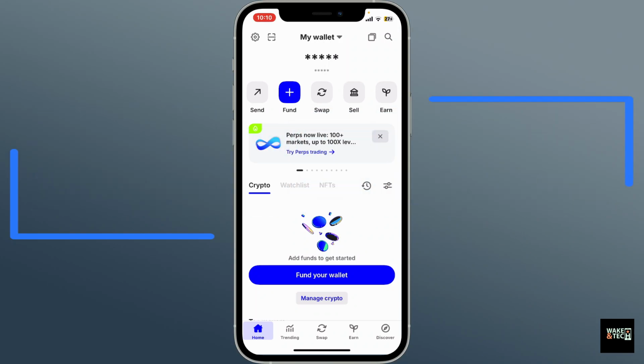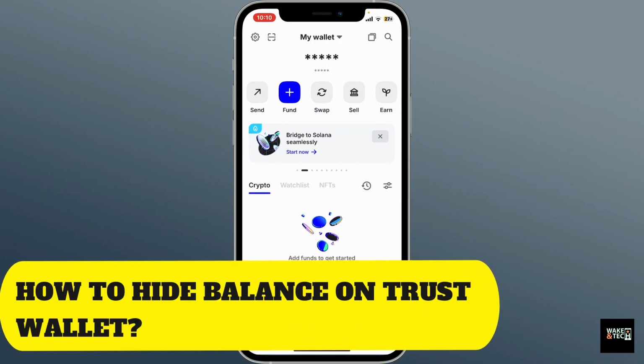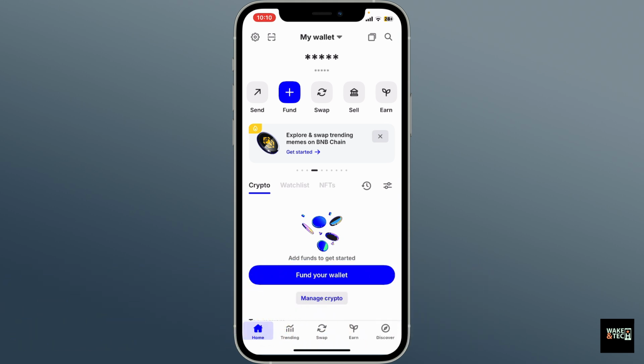Today in this video we will be learning how to hide balance on Trust Wallet. Hiding your balance is useful for privacy when someone else is looking at your screen or when you are filming a screen walkthrough. First of all, open up the Trust Wallet application on your device, and then once you open it